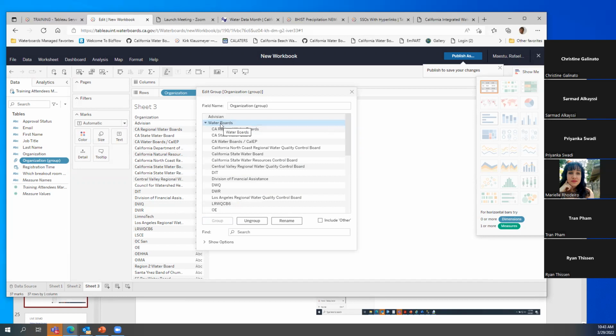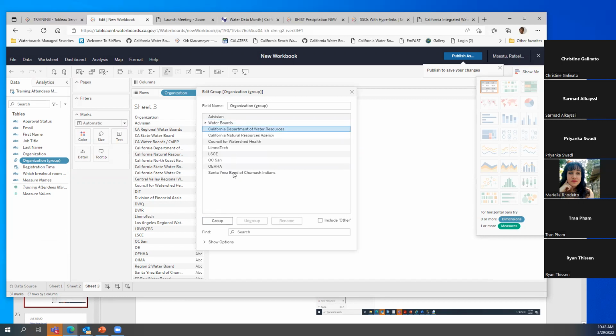What I'm really doing is transforming the data on the fly, and I'm going to take all these others, and these I'm going to create another group. These are all the attendees today that are outside the water boards.